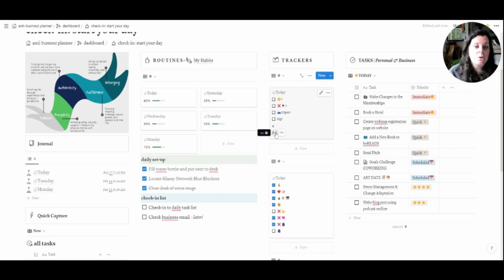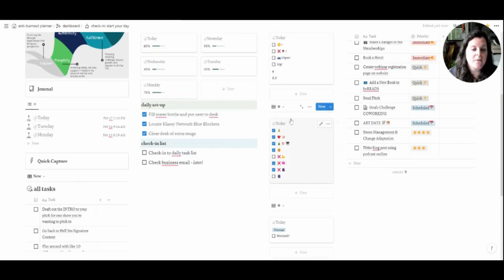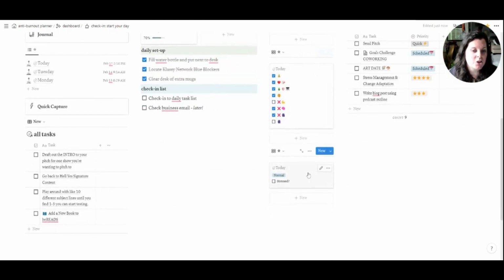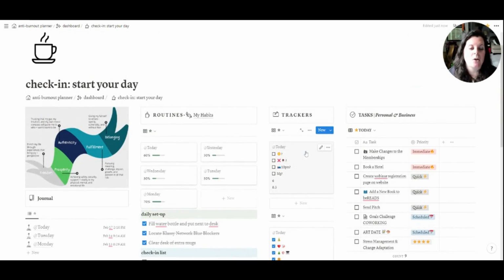So the first thing I will typically do in the morning after I journal is check in on my sleep stats. And I know just basically because I'm so used to checking in on these things that this one is the sleep one. This one is the various different types of rest. And then this one is checking in on my stress levels. I just know that by looking at them.